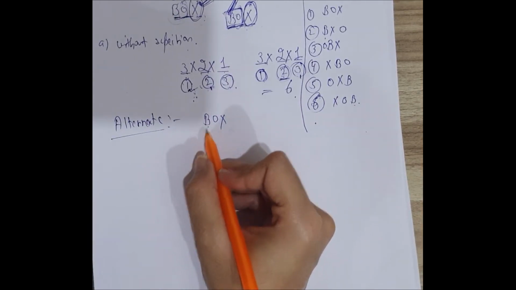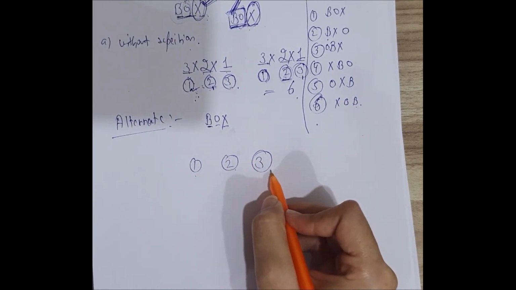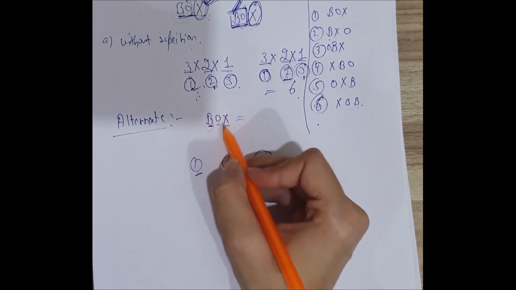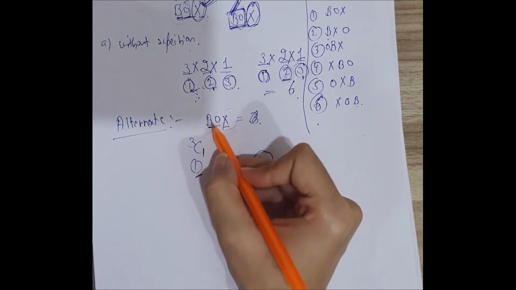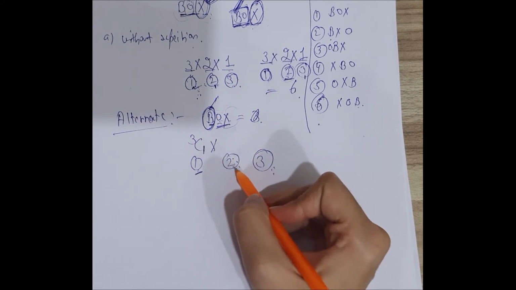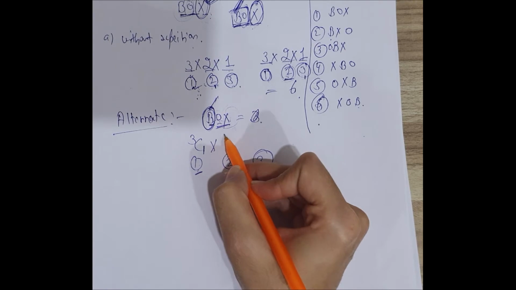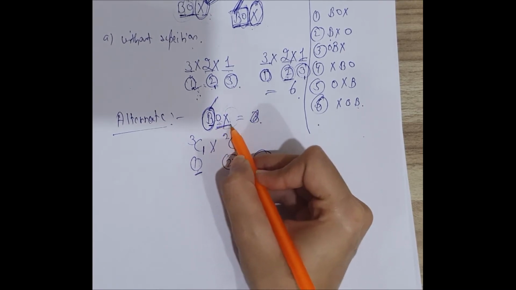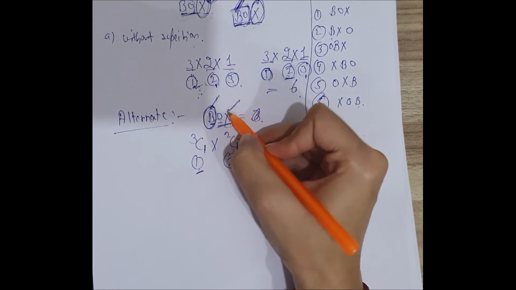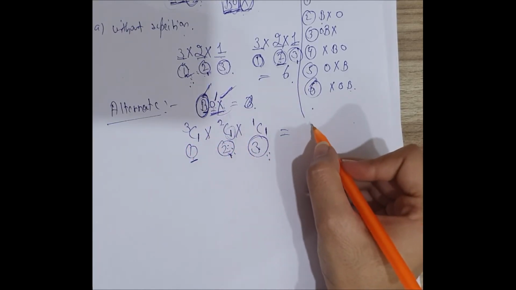So here first letter, second letter, third letter, only 3 letters can be formed of the new word. In case of the first letter, we have choices from 3 letters, 3C1. That is, we can use any one letter from these 3. Then in the second letter, we are left with only 2 choices, from where we use one, that is 2C1. And in case of the third, if we use this alphabet X, then we are left with only one choice. If you solve it, the answer will come out to be 6.